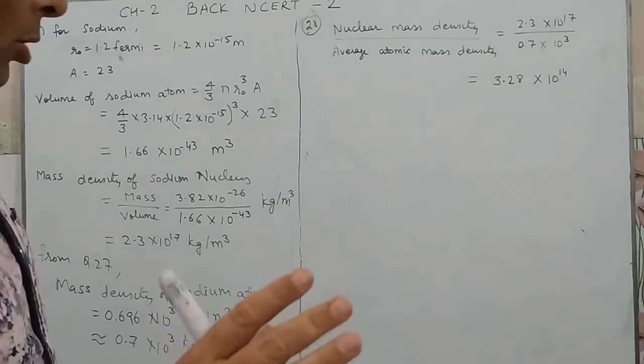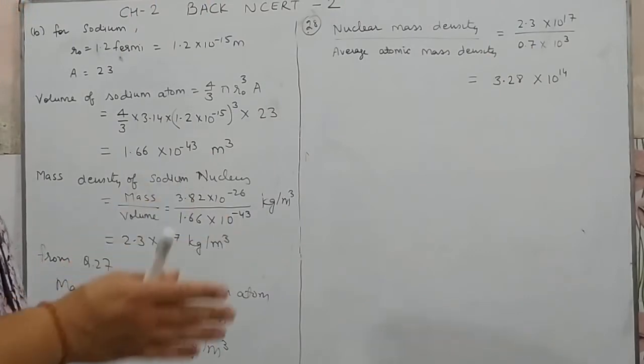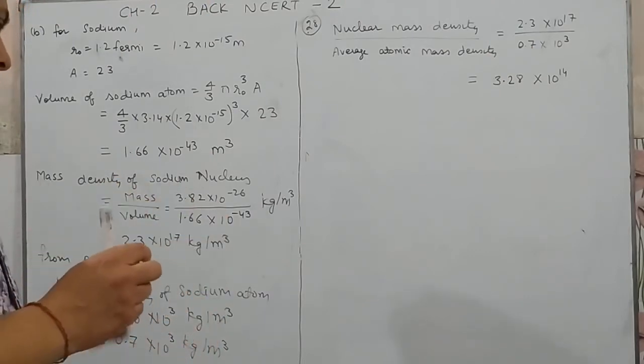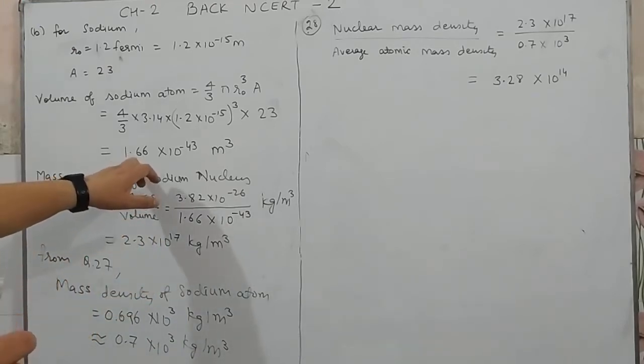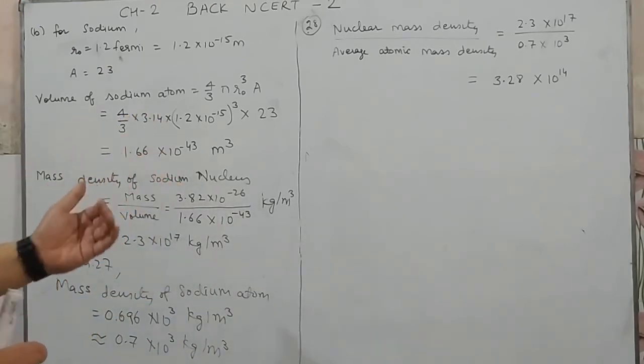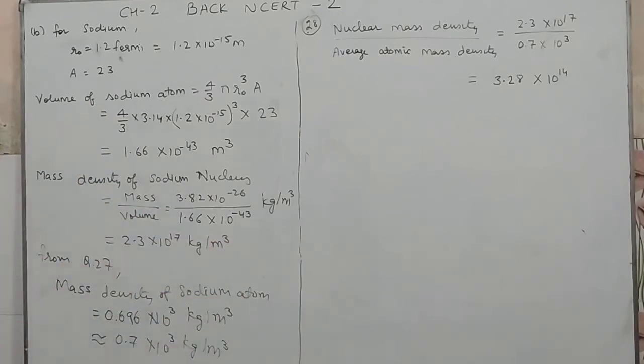Now one thing I would like to mention. First of all, the result can vary slightly. The reason is that it depends upon the calculation. Some of you just round off to 1.6 or 1.7 when you solve. The result can vary slightly, so don't panic over that. Slight variation is okay, but the order should remain the same.